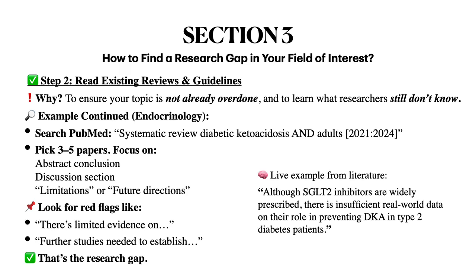Example continued, endocrinology, let's say. Search PubMed again, systematic review diabetic ketoacidosis in adults 2021 to 2024. You can search like that, right? And you can pick 3 to 5 papers, focus on abstract, conclusion, discussion section, limitations, or future directions. This portion in any research paper is your gold standard place to find a research gap: limitations or future directions, right? Look for the red flags, like there is limited evidence on, or further studies needed to establish. These sentences are red flags,